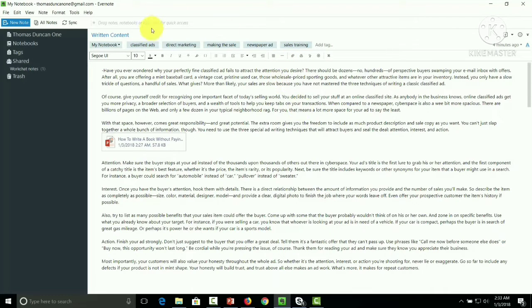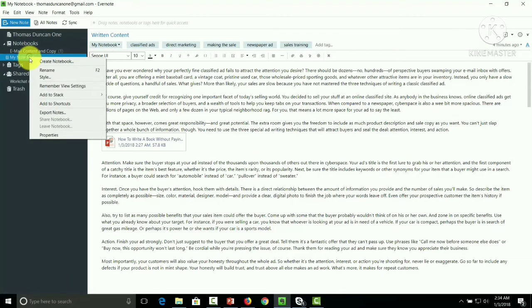Now, the notes are saved into notebooks, and these can have different groupings of notes that you think are similar or that give you a category that you like to keep together. You can create as many notebooks as you want, and you want to create them according to a system that's going to make sense for you. Those notebooks can be further categorized into stacks. And so we can take a notebook,